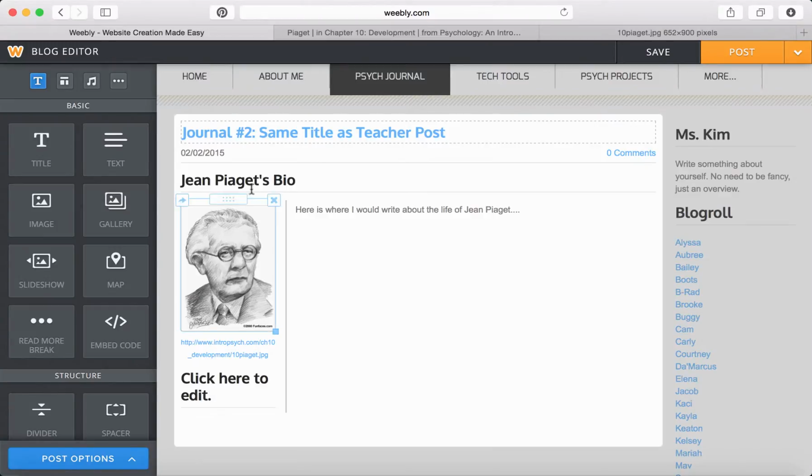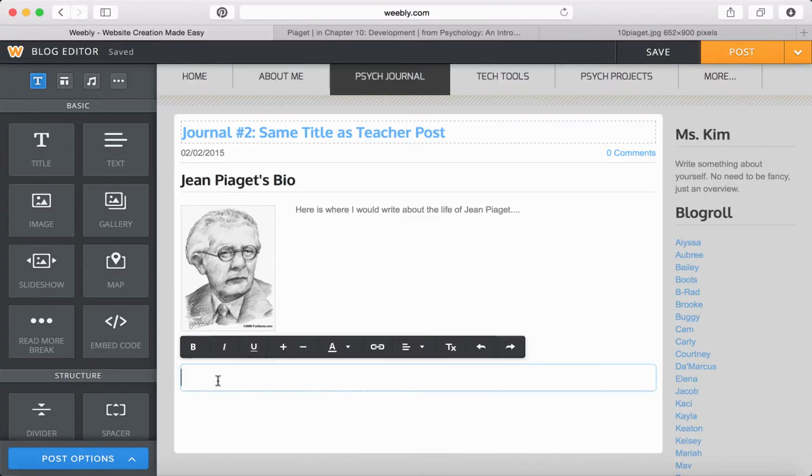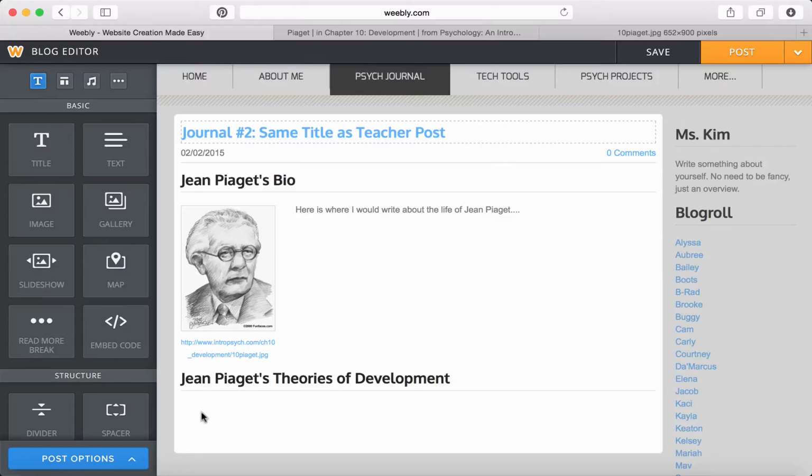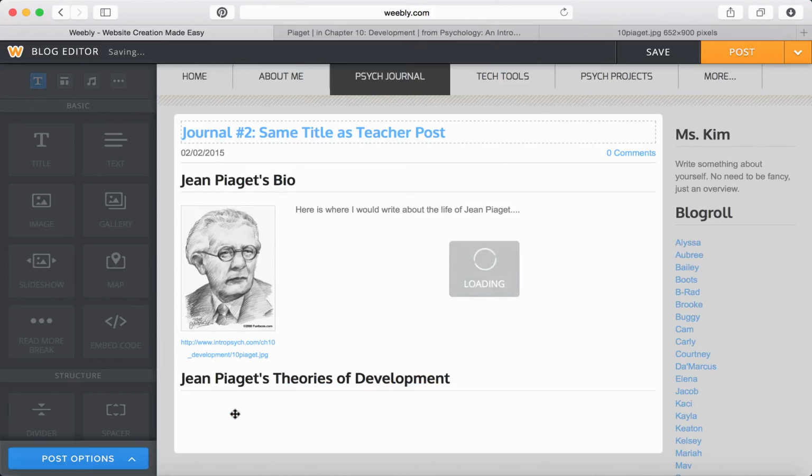If I wanted to make it exactly like this to keep the template type of feel, I'm going to go ahead and click again on this long bar with the dots on it. I'm going to drag it until I see the long horizontal line all the way through like so. Then I'm going to let go, and it's right there. So then I could talk about Jean Piaget's theories of development. Okay, and so once I have it done here, I might go ahead and start writing my text again underneath that title